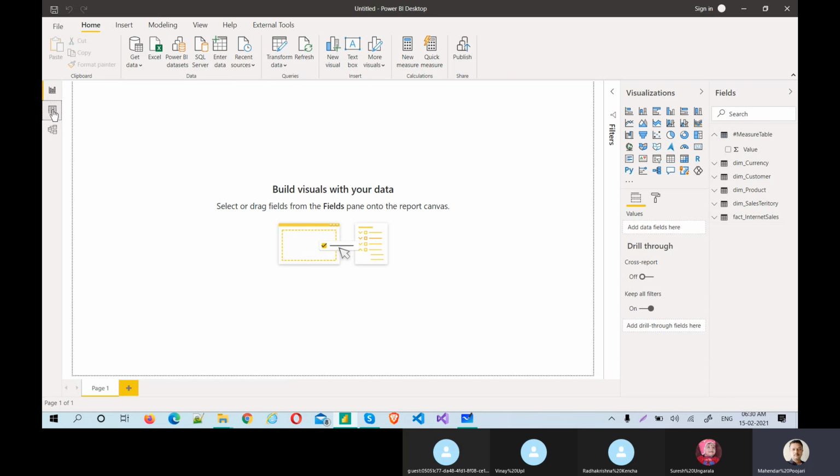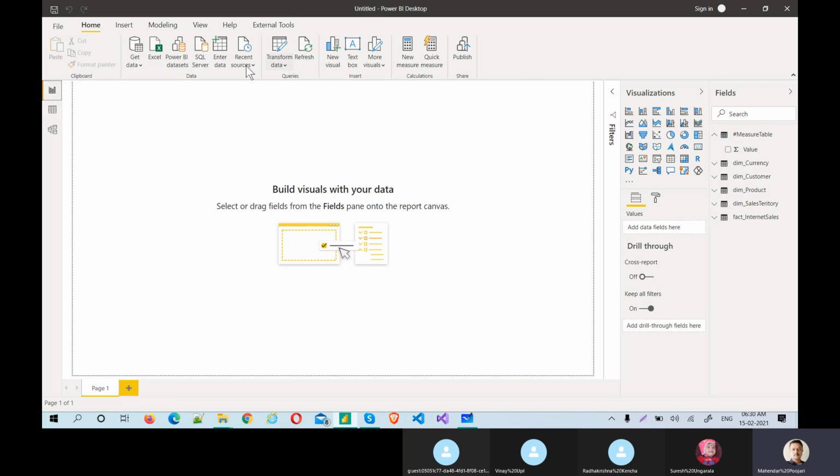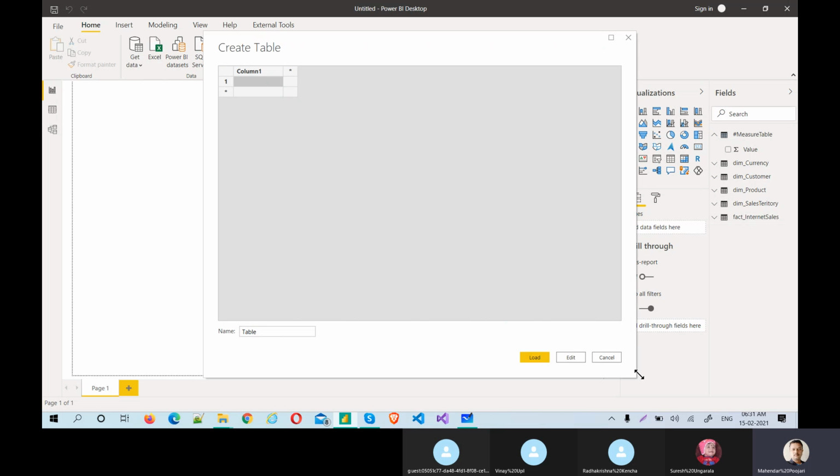See, I just created a dummy table using this. Creating this will actually ask you to create some DAX. But we have another way to create a new table by entering data. So Enter Data will also create a new table. Okay, guys, you should not be confused. My intent is for you to understand the things. So I can also create a measure table just like this. I create a measure and just click OK. But this time I would like to give a name,